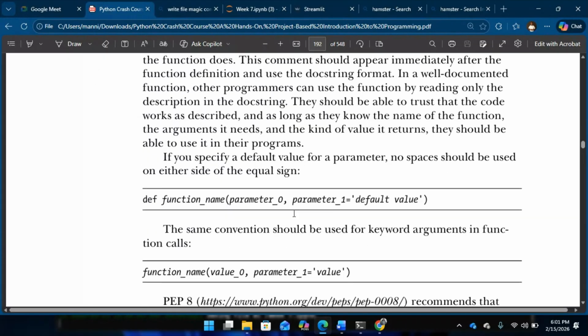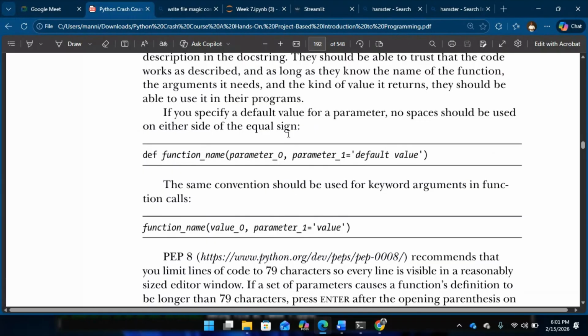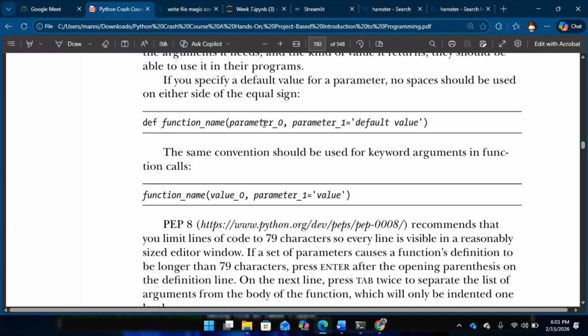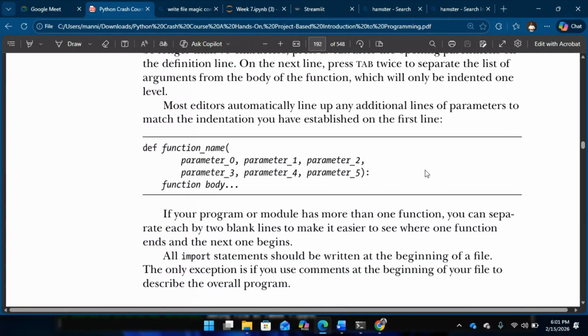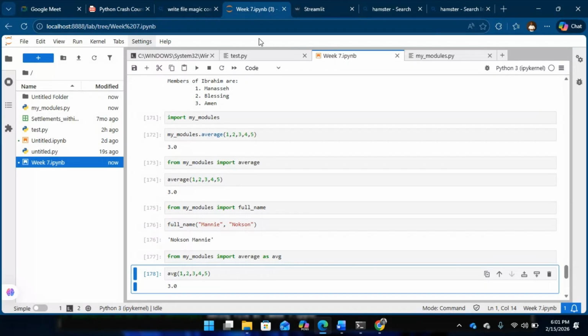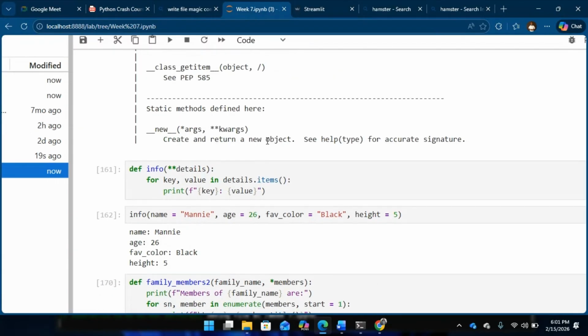So styling your functions, of course, you can see how to do that here. First of all, non-default functions, I mean those that do not have default values, will come first before functions that have default values. And then you can also do this. You don't have to pass in your values until they get to the end of your screen. You can actually pass them line after line, just like we do in dictionaries. Just like in this case,